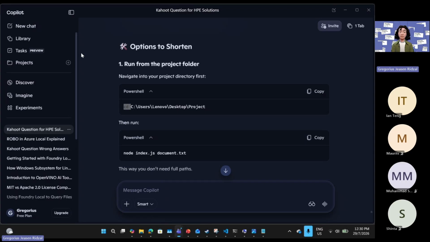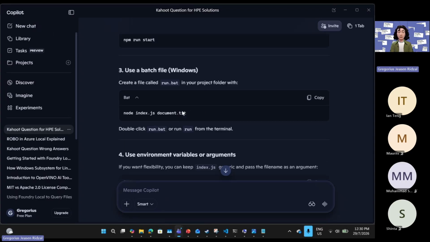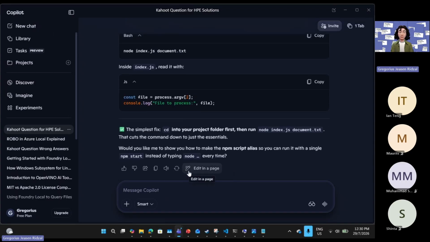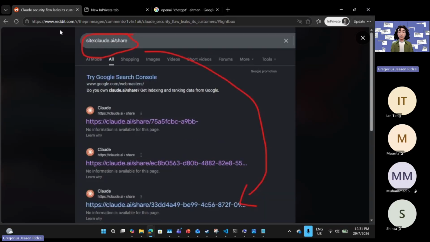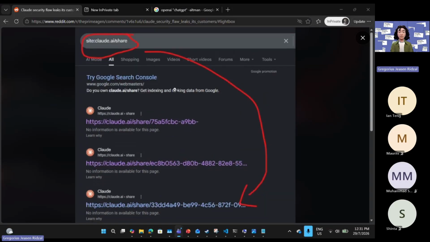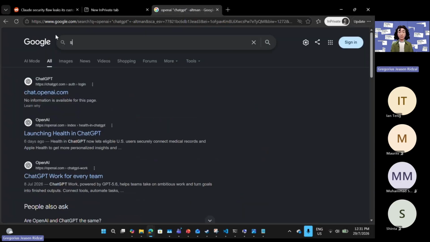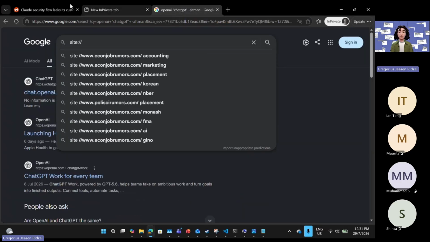Let me just show, for example, like this. You see, massive security breach. Like this one in Copilot, you can share the message and prompt. So instead of sharing it with just one person, now it's shared with the entirety of Google. I think that's crazy. But it actually just got patched yesterday, so I didn't get to show it while it was still live. Let me show you what it looks like now.